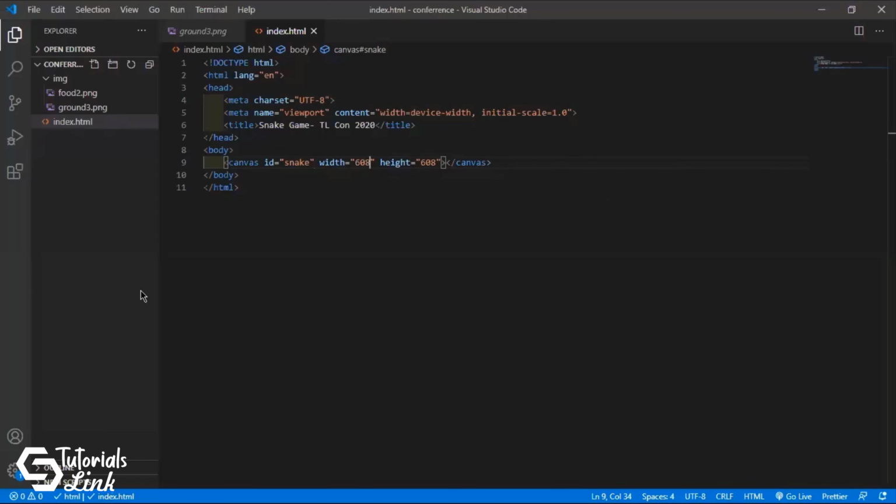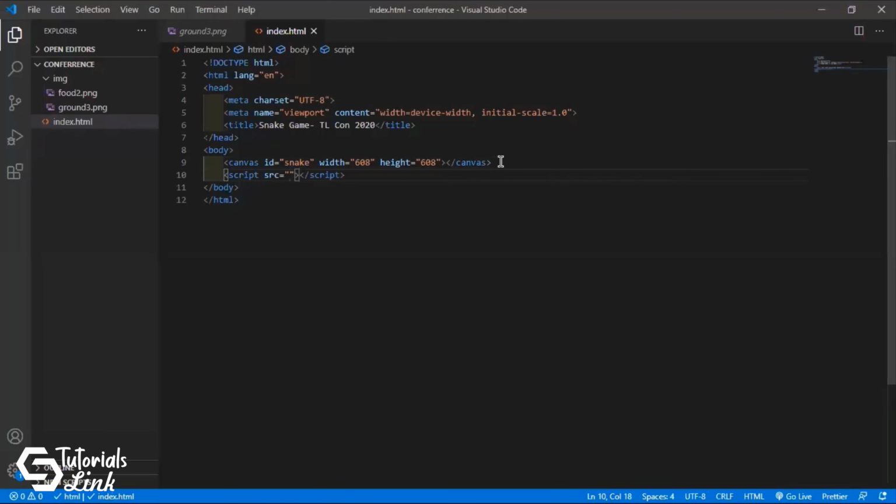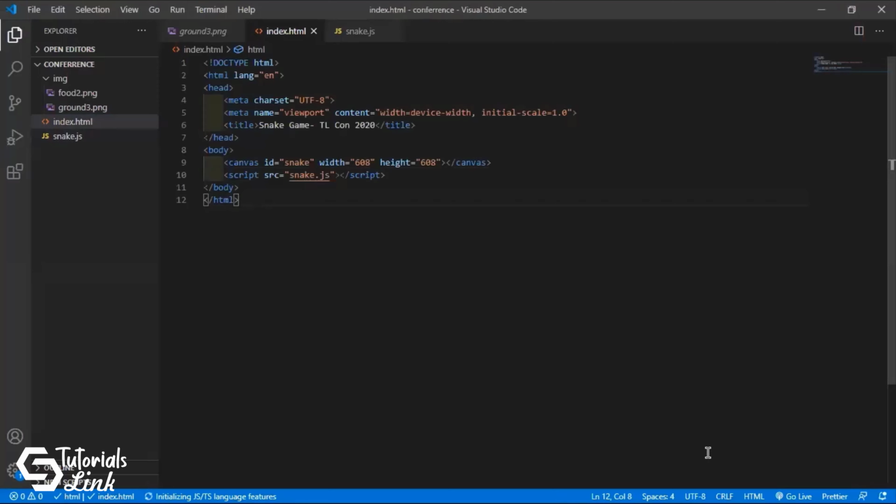Fine. Then after this, I'll call the script tag, which I'll use as snake.js. So I'll just go here and do snake.js. Fine. So let's just run this for now.